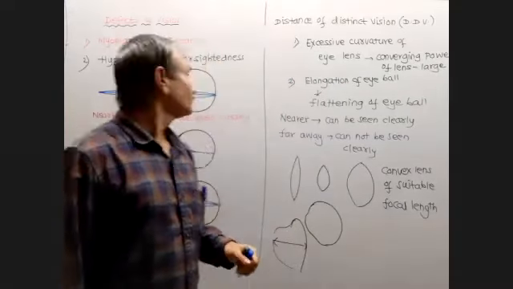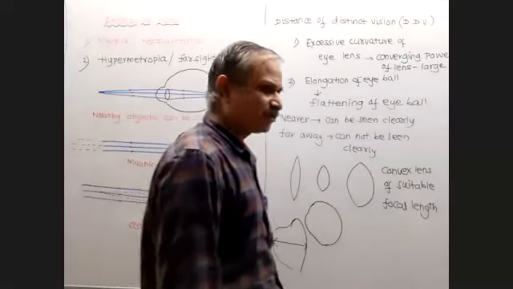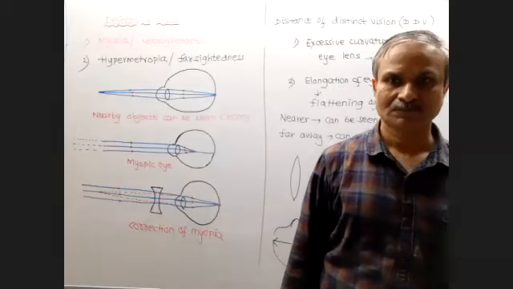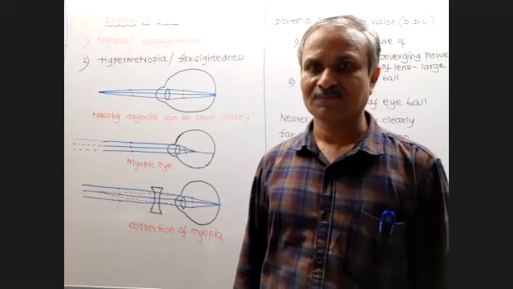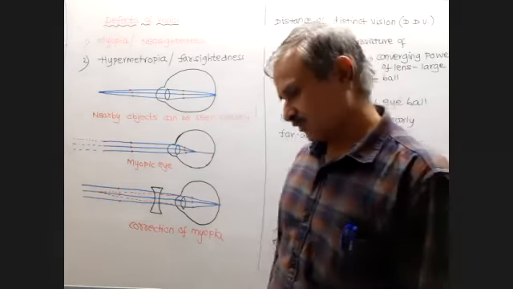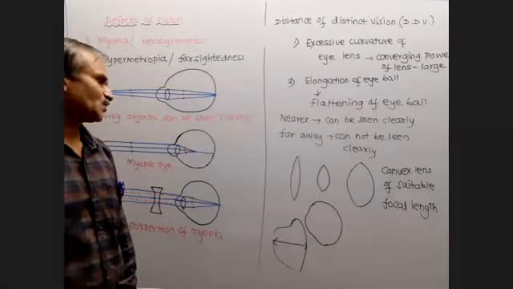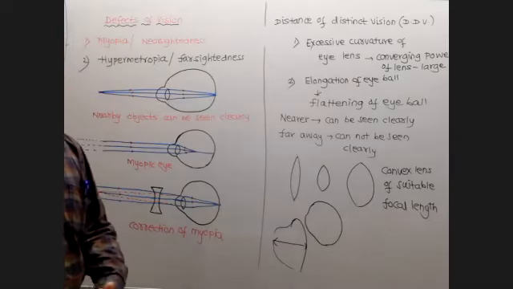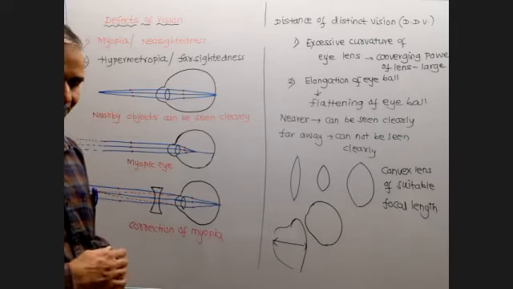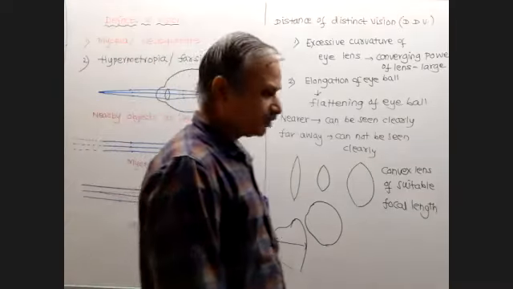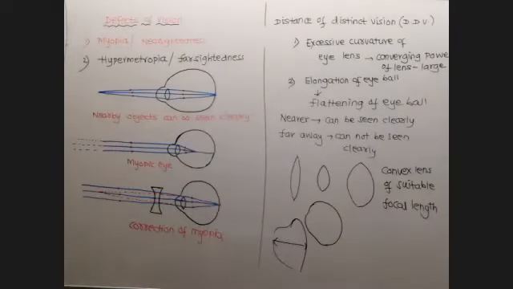Okay. What is myopia? Which objects are you able to see clearly and which do you not? Nearby objects can be seen clearly, but you cannot see far away objects clearly. Good. Now, where exactly is the image formed for the myopic eye? In front of the retina. Okay. Good.